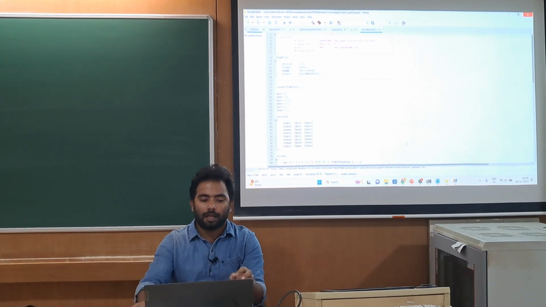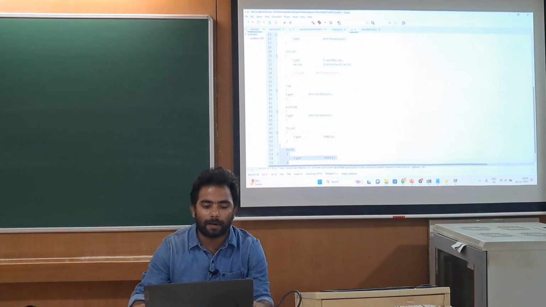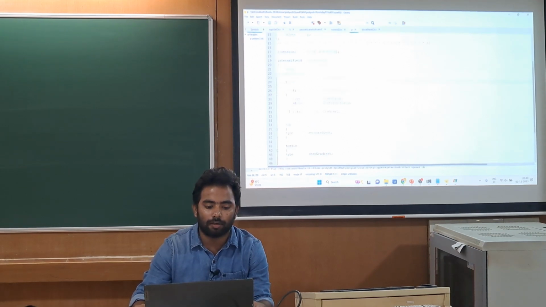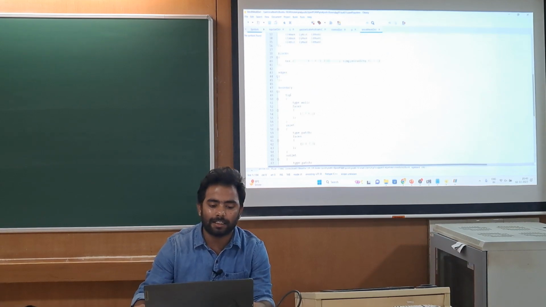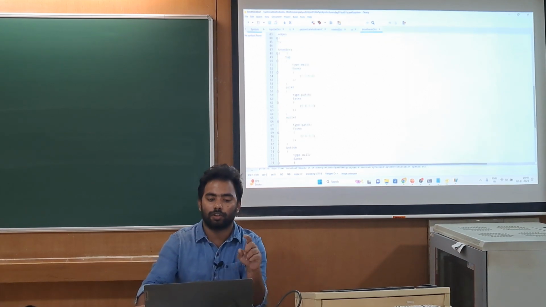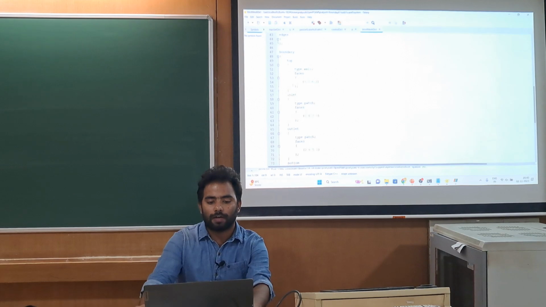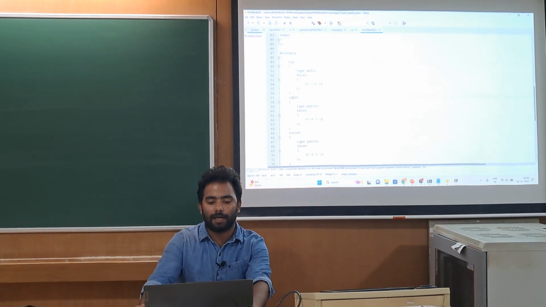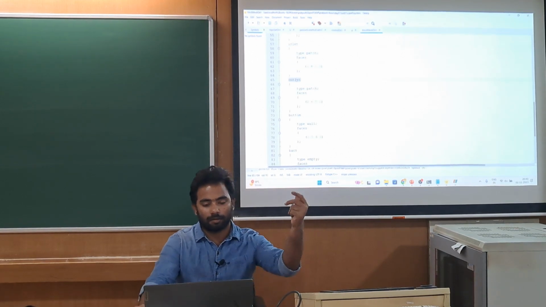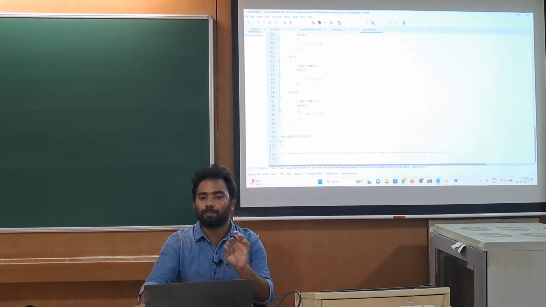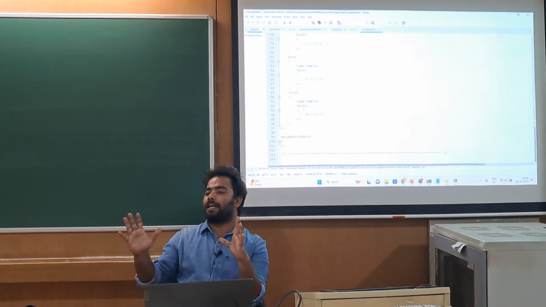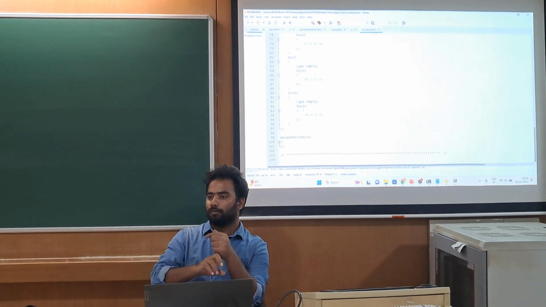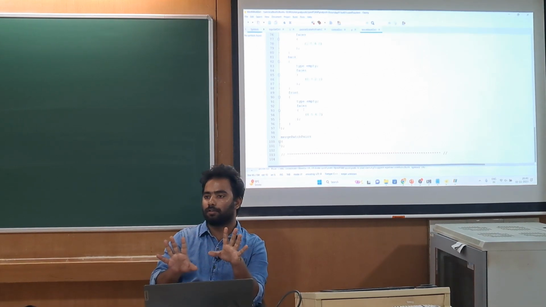Now about these different patches, that is inlet, outlet, top, bottom, front, back, you are getting them because you are creating these patches in the blockMeshDict. In the blockMeshDict, you can see here that you are taking top, inlet, outlet, bottom, back. These different patches you are creating in the blockMeshDict.